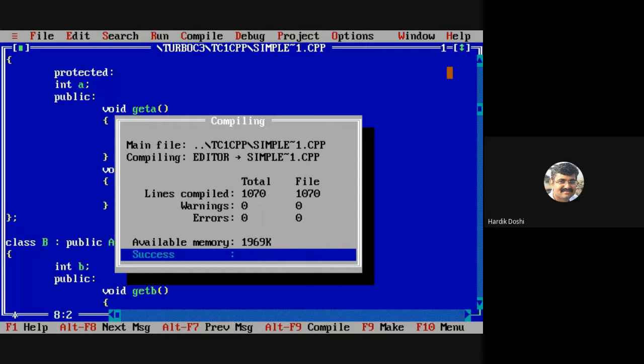If the member is protected, it can be accessed only by the inherited class, and for the rest it is private. What about private? It can be accessed within the same class. That means only members within the same class can access that memory.